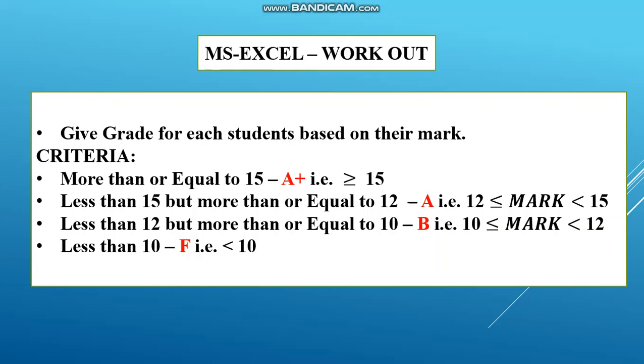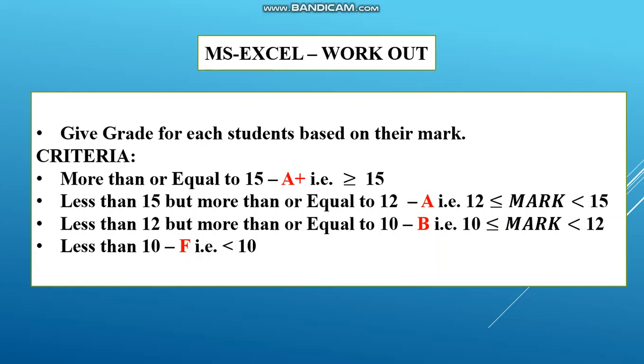If the student got less than 15 but more than or equal to 12, you give grade A. If less than 12 but more than or equal to 10, you give B. If a student got less than 10, you give F, that is failed. So these are the grades: A plus, A, B and F.